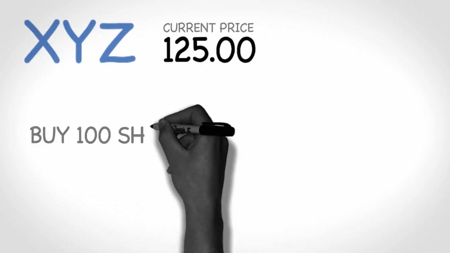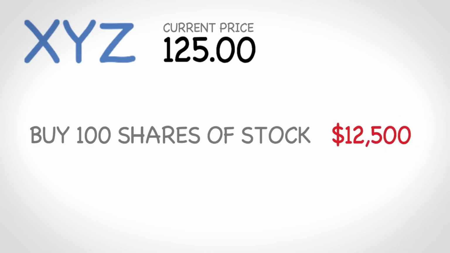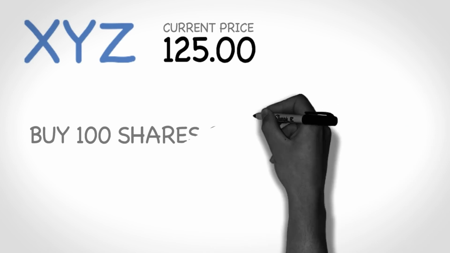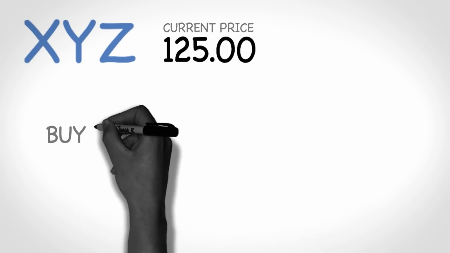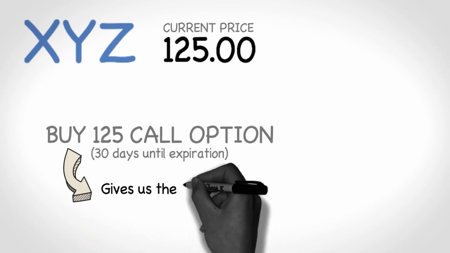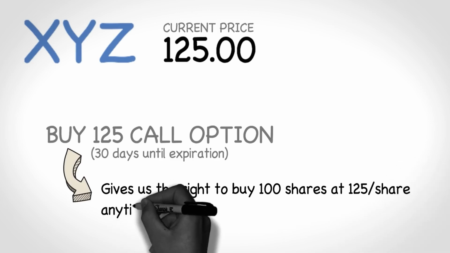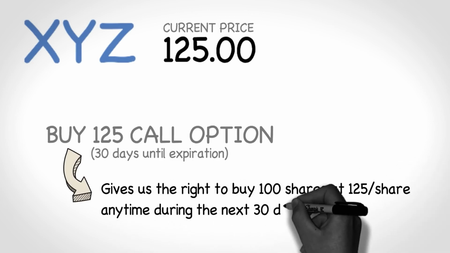To buy 100 shares of the stock, it would cost us $12,500. So instead of putting up $12,500 to buy the stock, let's instead buy the 125 strike call option that has 30 days until it expires. This gives us the right to purchase 100 shares of stock at $125 per share anytime during the next 30